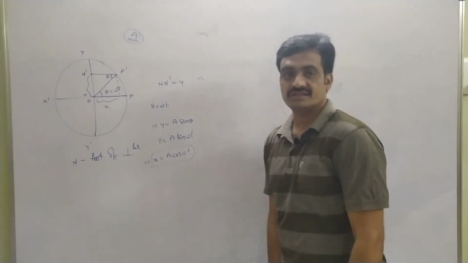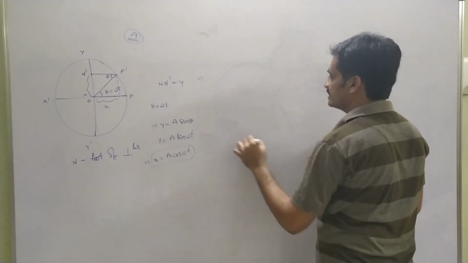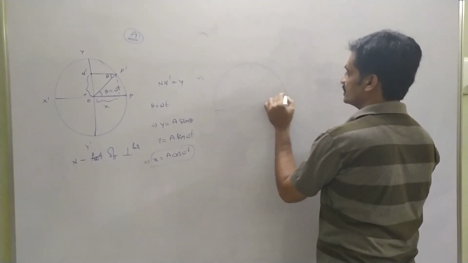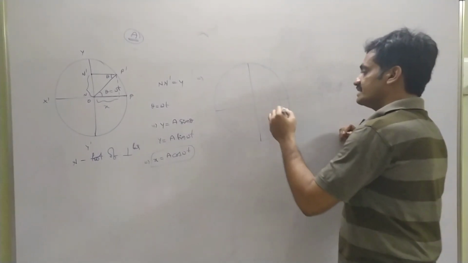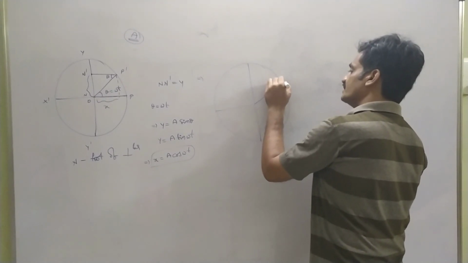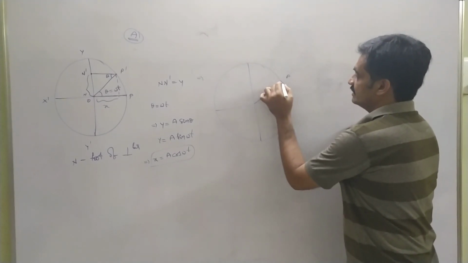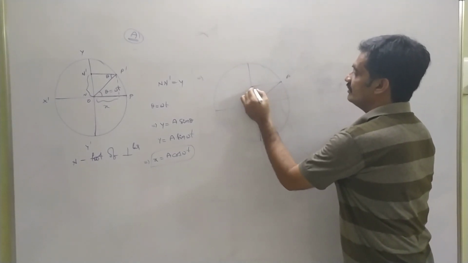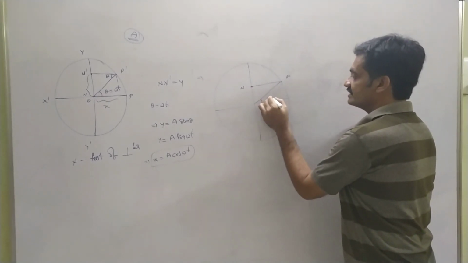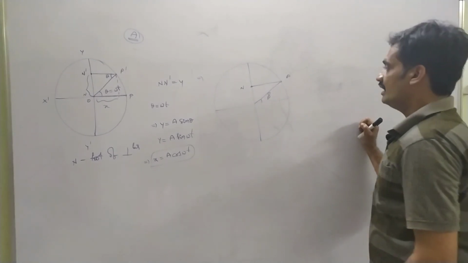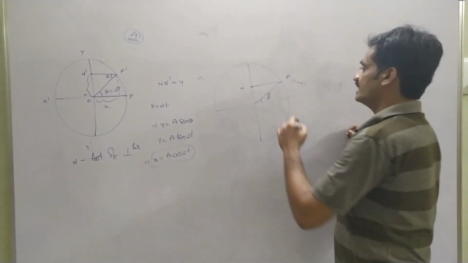Based on the initial phase of the particle, we have to represent the displacement equation. For that, I am going to consider once again a uniform circular motion in which the particle is moving. Let us consider initially the particle is at this position at point P. This represents the foot of the perpendicular, represented by N, whereas the initial phase is represented by phi. So at this point the time is t equals 0, the instantaneous time.